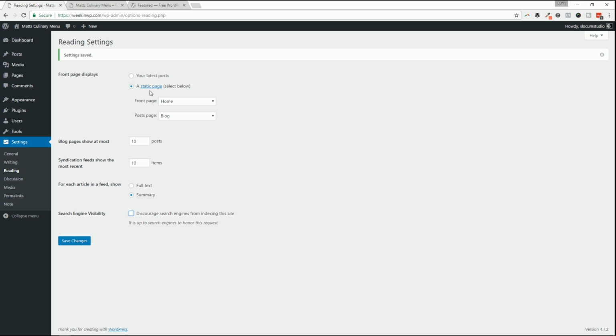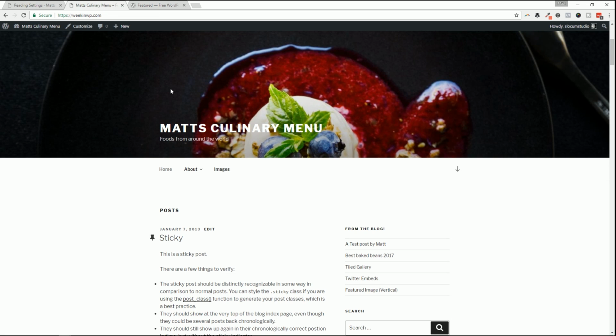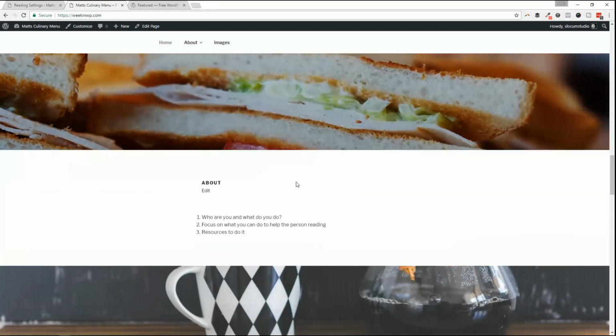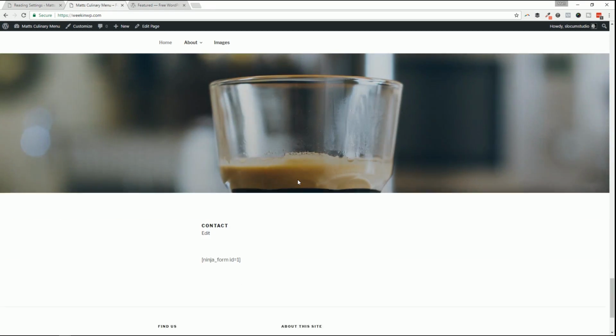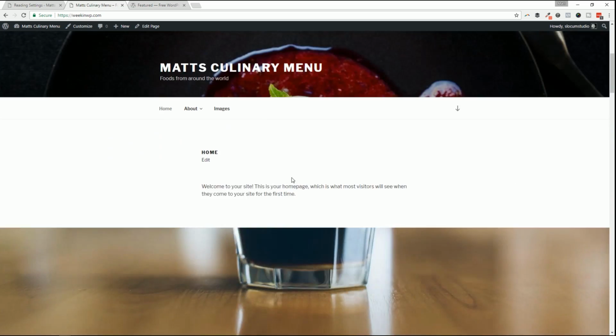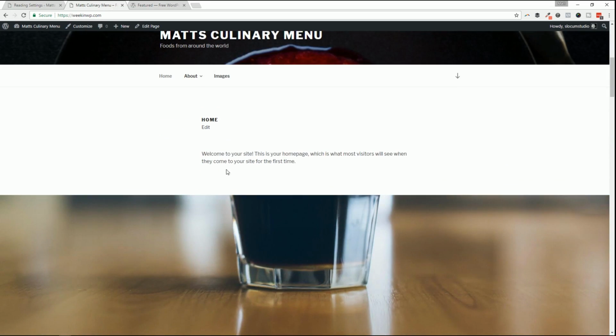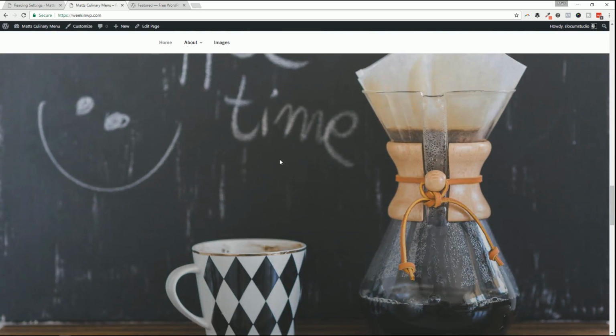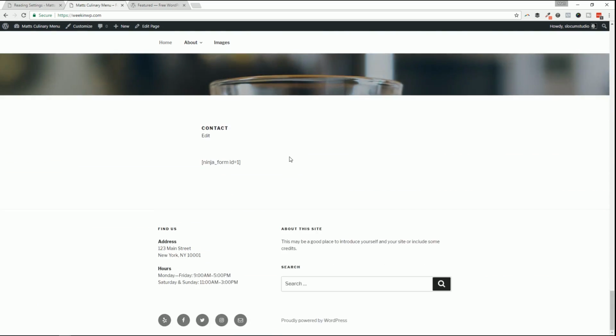Let's take a look at the static page real quick. Did I hit save? Let's just save that one more time. Static page, yes. So let's go ahead and refresh. Now, every theme is going to act differently when you set a static page for the homepage. Sometimes it'll just show that page. Other times it'll have a custom page,